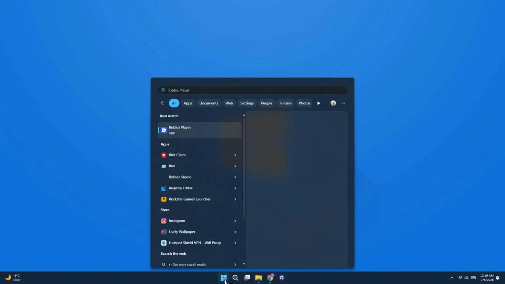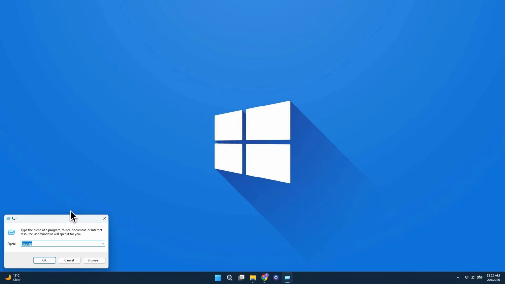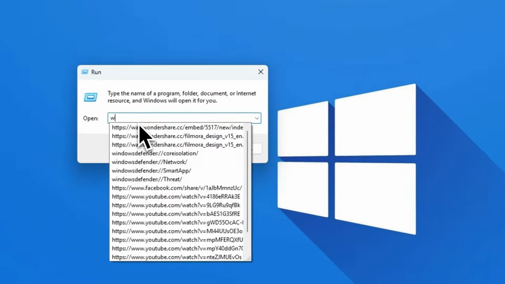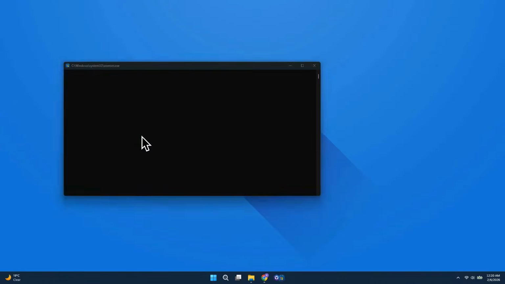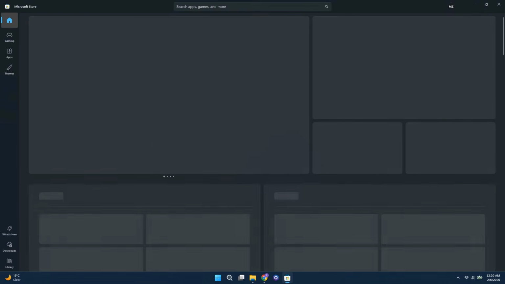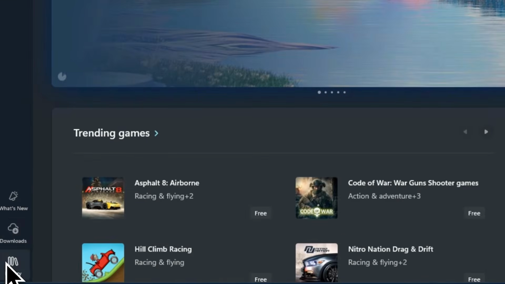Next, open the Start menu again, search for Run, and open it. Type wsreset.exe and press Enter. This will take you to the Microsoft Store. Then go to Library on the bottom left side